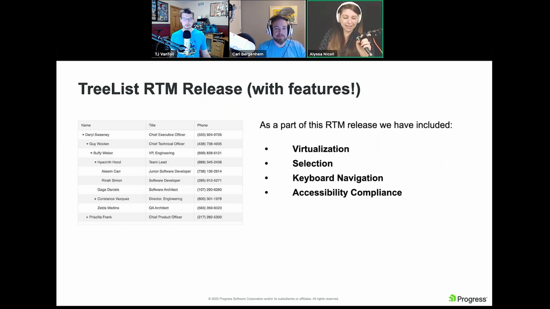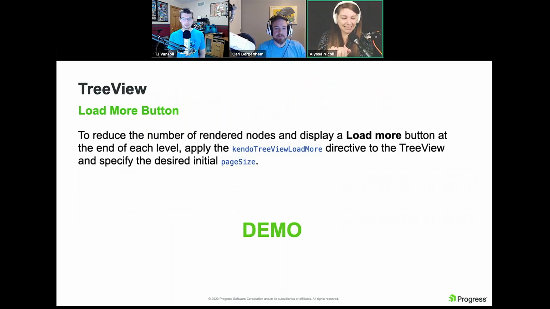The tree view, which is often responsible for loading thousands of nodes all at once, right? It can get a bit hefty on the browser, as you can imagine. So to assist with scenarios like this, we've actually added the load more button into the tree view. So I'm going to go and open